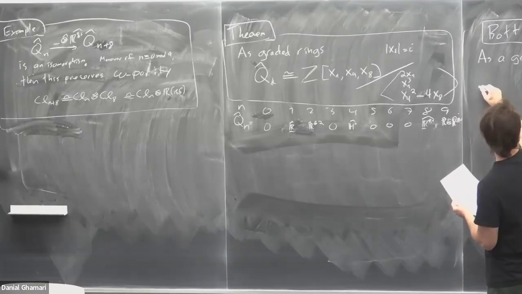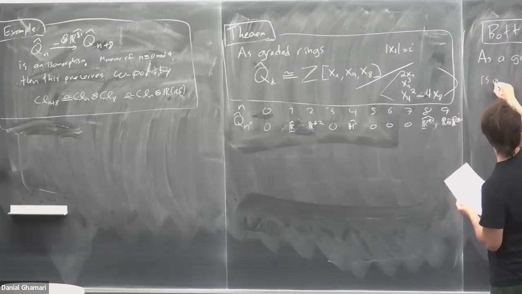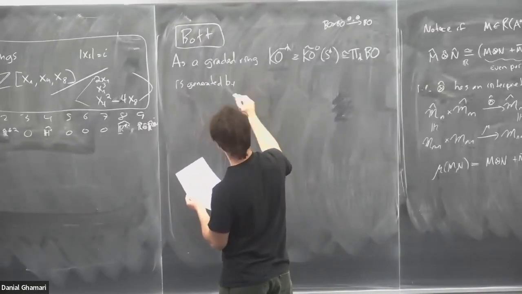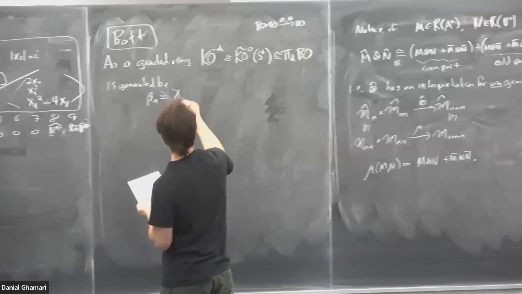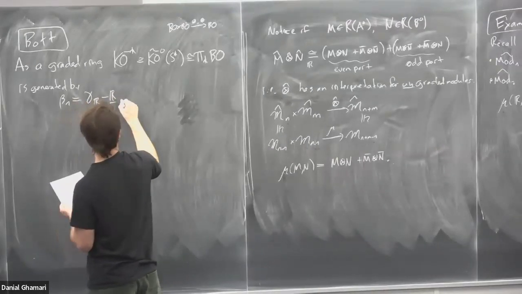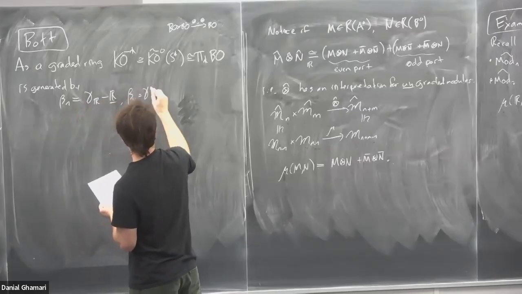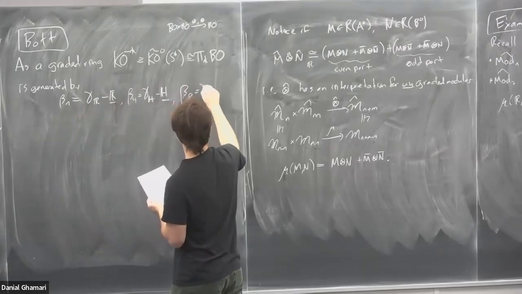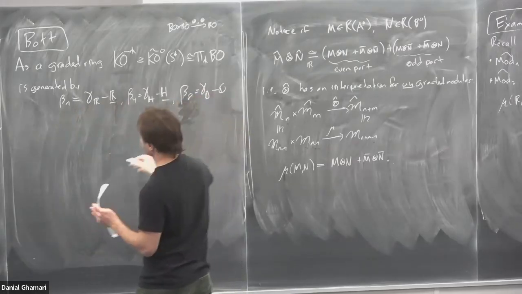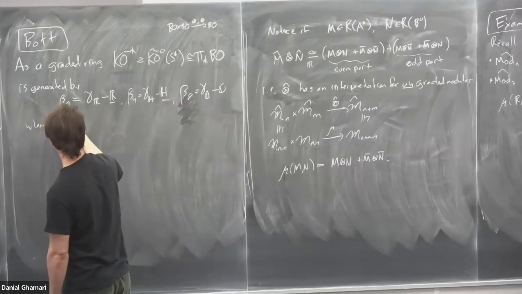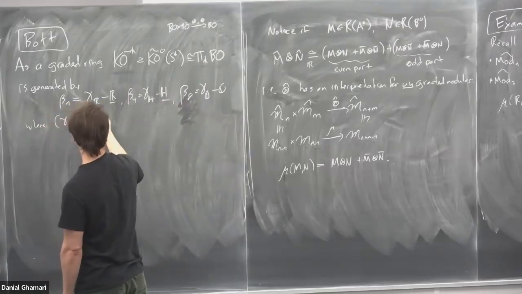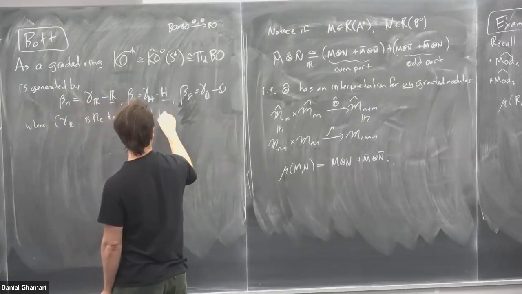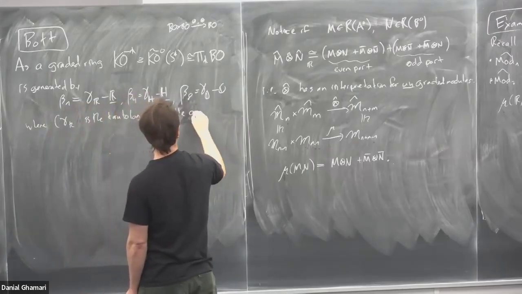it is generated by elements: E1, which I'm going to call gamma R minus R; E4 is gamma H; E8 is gamma O, where gamma little k is the tautological bundle over